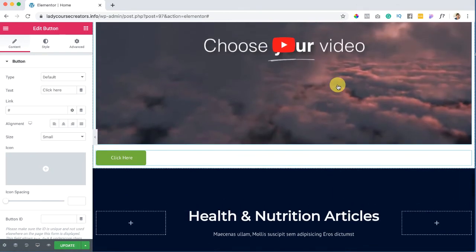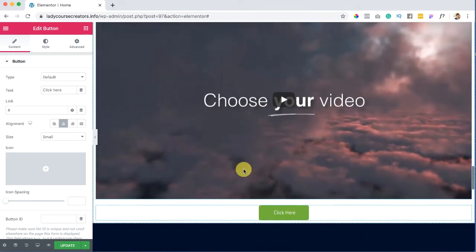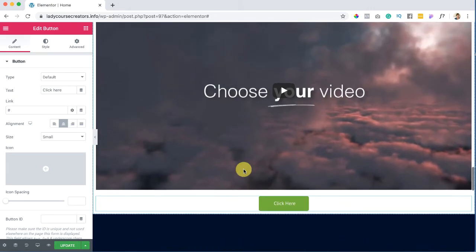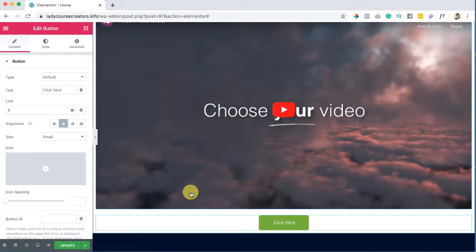Now I'm going to want this button centered. And again, it picked up the styling from the theme. In the beginning of this video, we had played around with it. I did not save those changes, so it's just going to be the default green. But if you're in here and you would like to change this, you can simply go in here and say view more